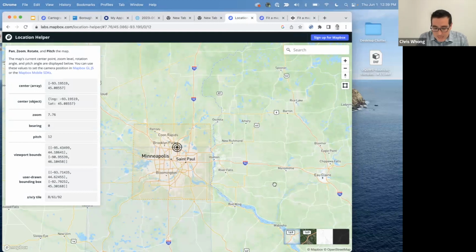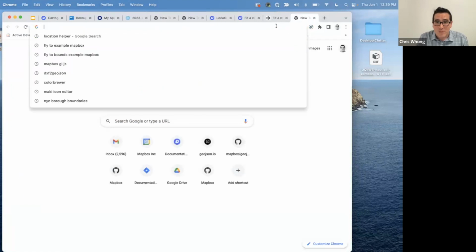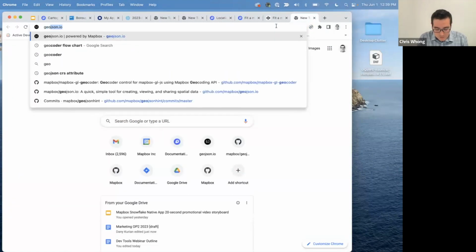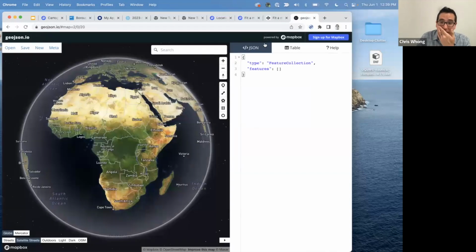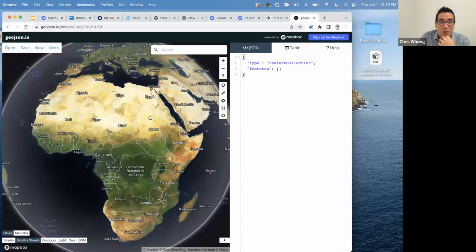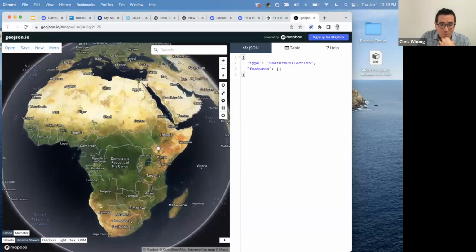So okay. Next one I want to show is GeoJSON.io. This has been a staple of my toolkit for a very long time. In the fall of last year, I had the opportunity to spruce it up a little bit, which was great, and bring in the latest Mapbox GL JS library and bring in the globe and all that stuff. So it mostly is unchanged, has been around for many years, but very simply allows you to start drawing and